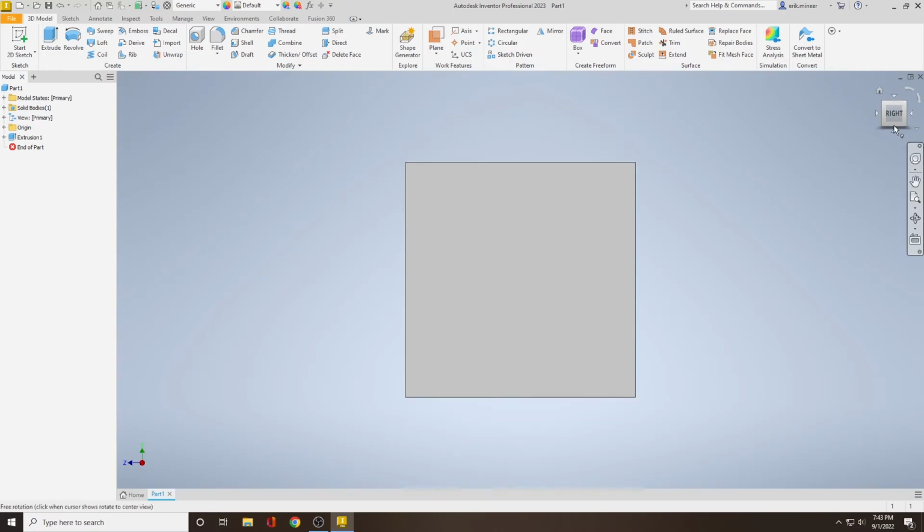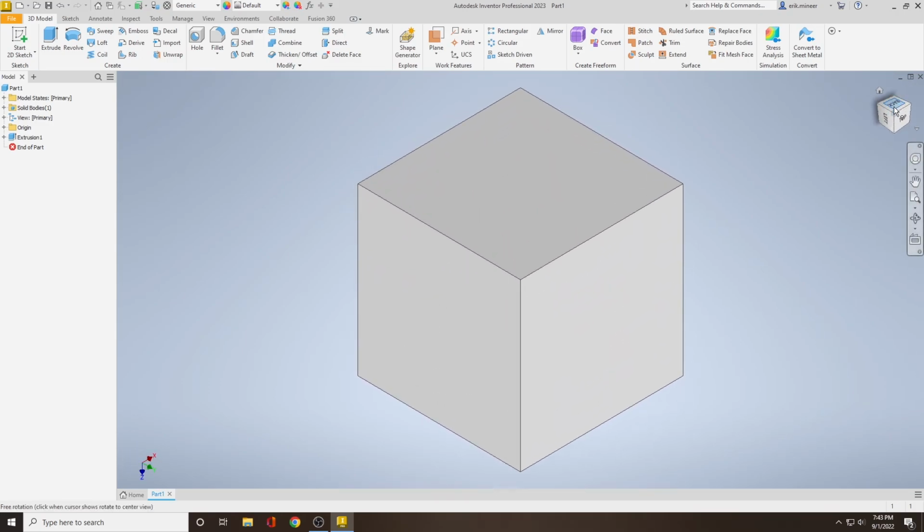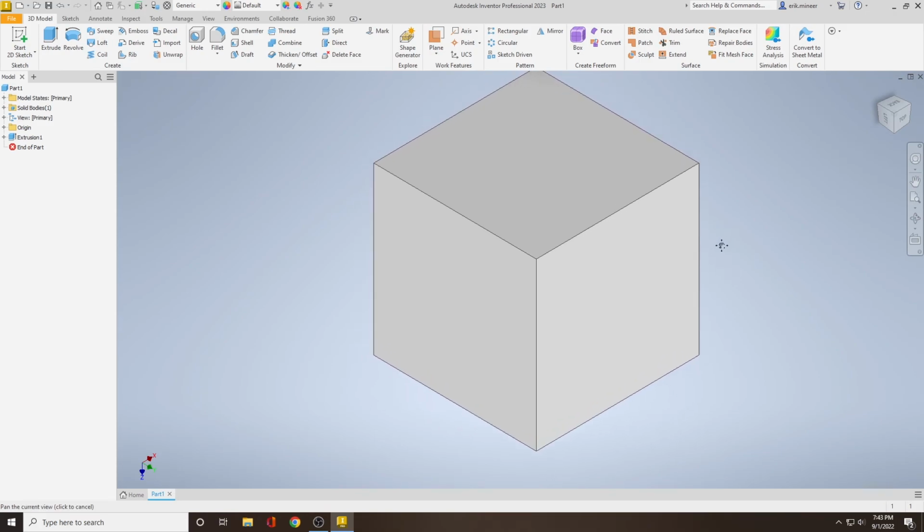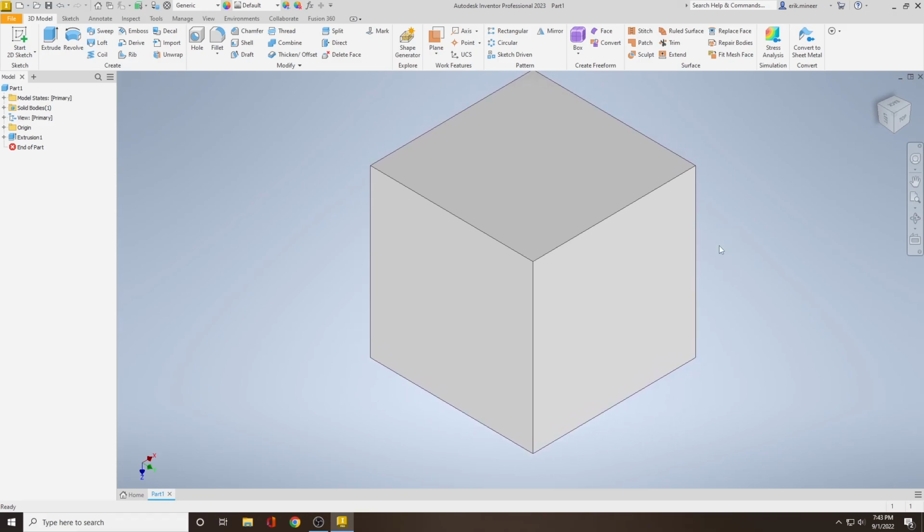We can look at the right, and this just really helps us reorient ourselves after we've really made the camera weird. Up here in the top right of the box, we can even rotate our object 90 degrees at a time. So it's really beneficial to get your bearings of the object. And with that, we have made our 3-dimensional 5 by 5 by 5 cube, and we've learned how to manipulate